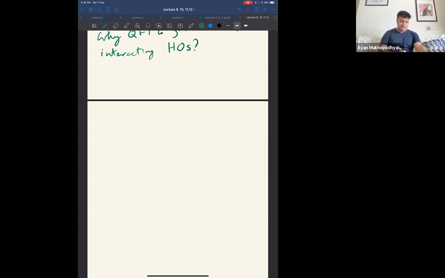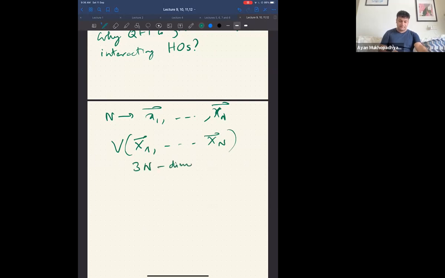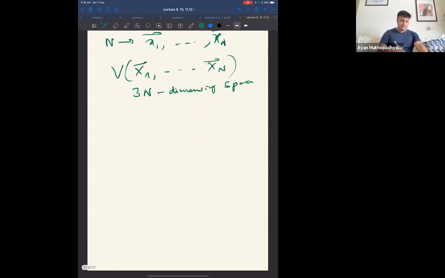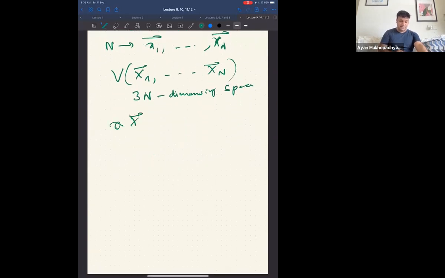So suppose you have a system of n particles, x1 to xn. For the moment, think of it as a non-relativistic system, and they have some kind of potential which is very complicated. So it is a 3n dimensional space, because for each of the n particles you have 3 positions, and in this complicated space you have some minima where x_i is equal to x_i naught, where V is extremized, where V has a minimum, which means that